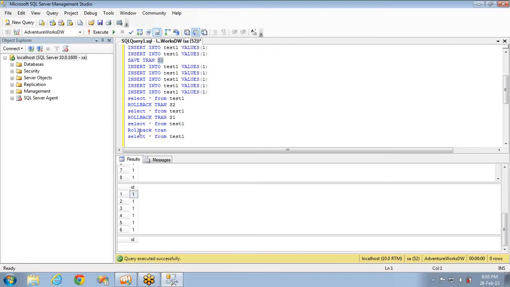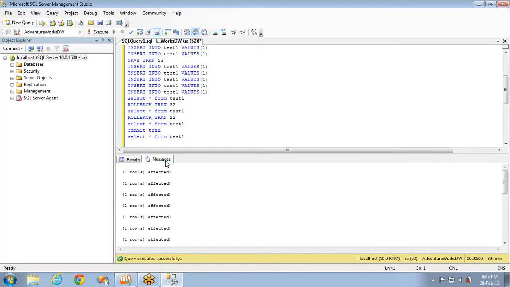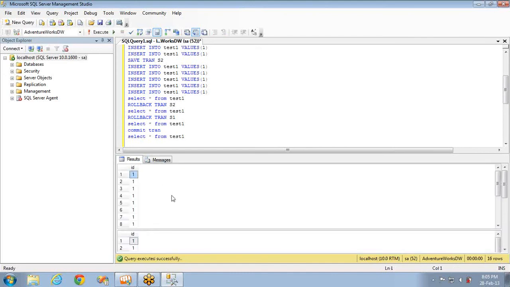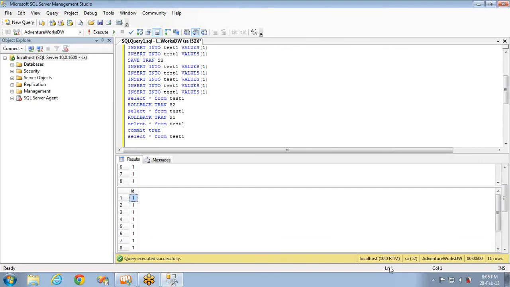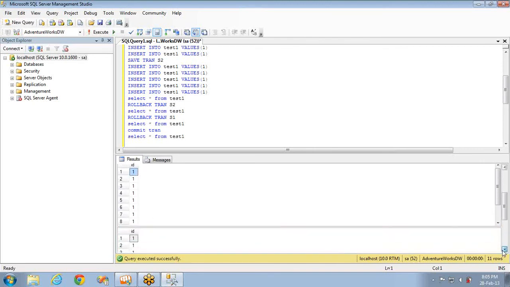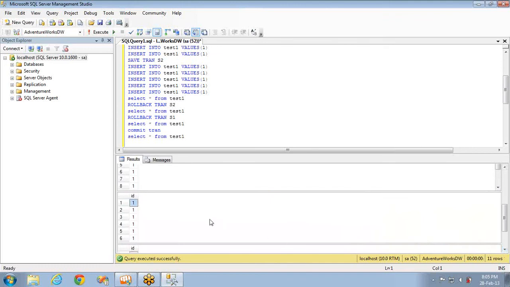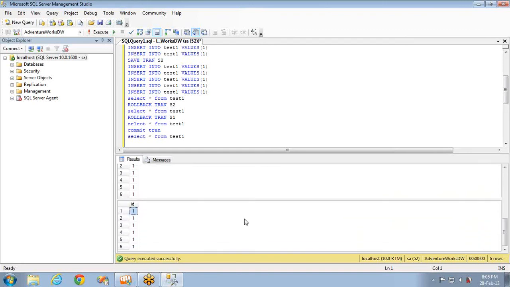This is fine. Instead of this point, if I commit the transaction, last time if I execute the similar one, it threw an error saying that there is no save point. Now I have save points. Let me execute this now. You can see there is no error message, and first time it is 16 records, and after first rollback to save point S2 it will be 11 records. Up to here it is perfect, and it is rolling back to save point S1, that is only 6 records should be there. Fine. And then I'm committing those 6 records, and it is committing that particular 6 records.